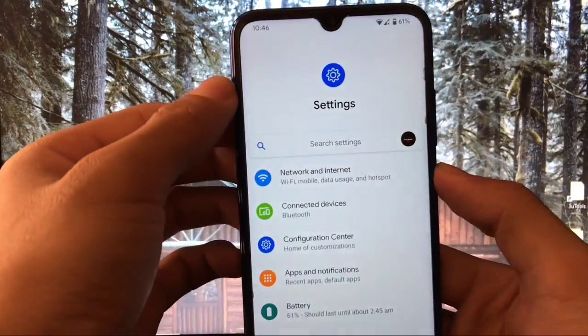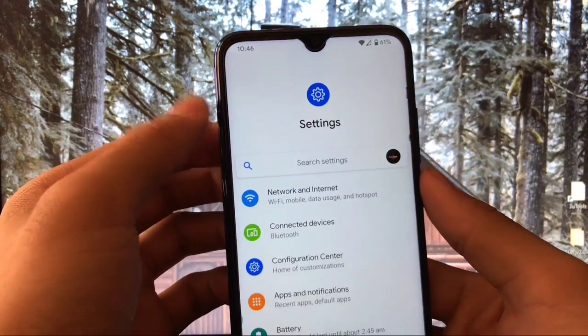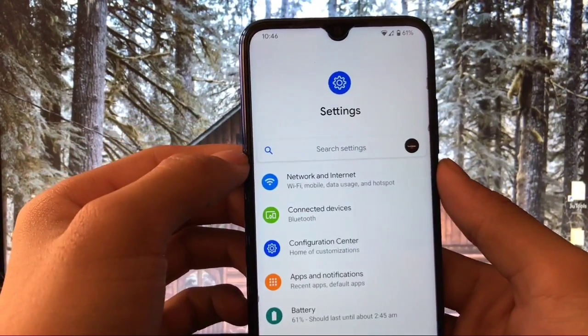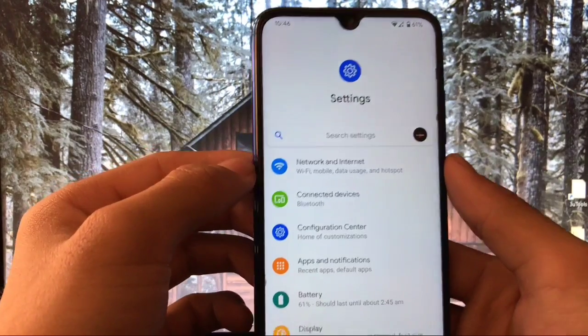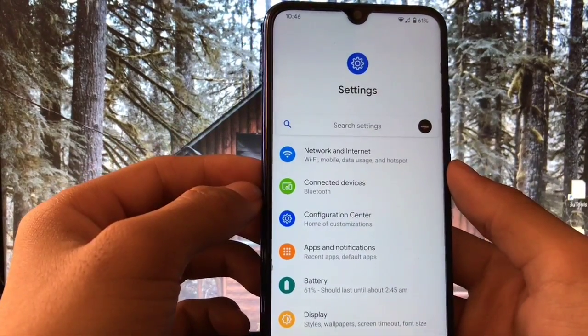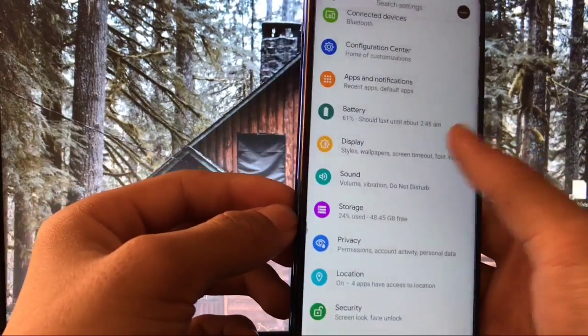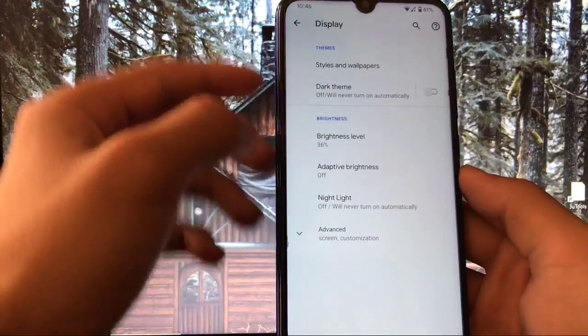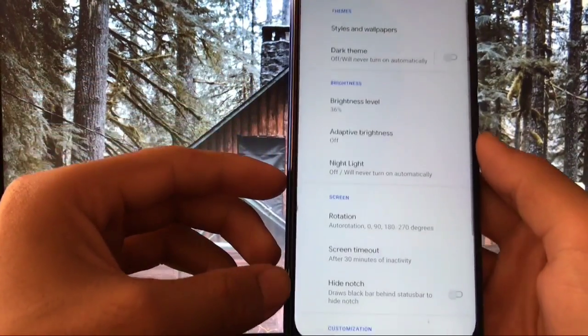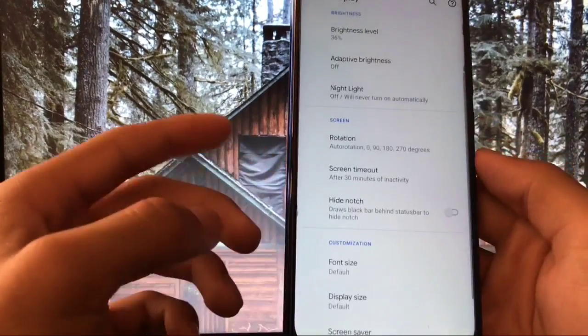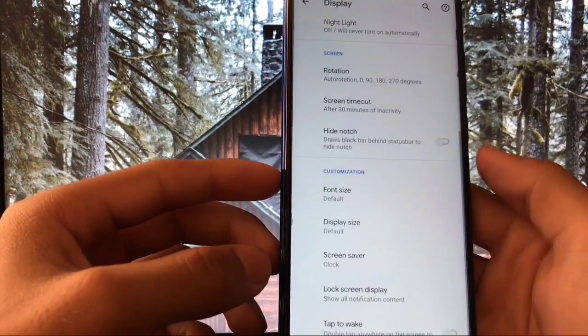In settings, you can see this is also a type of One UI, like the settings icon is at the center of the settings header. And if we talk about some features like network and internet and all other things, they are almost the same. There are no extra options available. In display, you have some theme section, you have the brightness section, you have the screen section here. So these are the sections divided here, but not extra things.